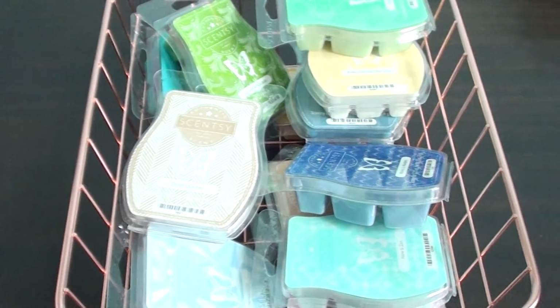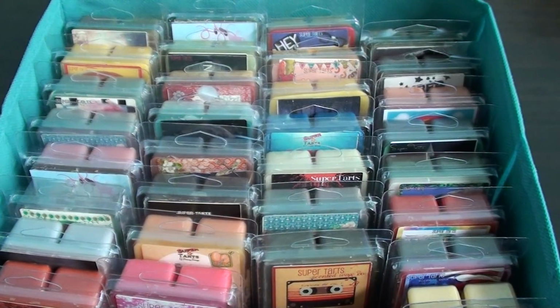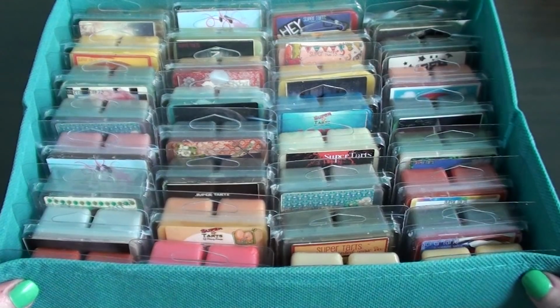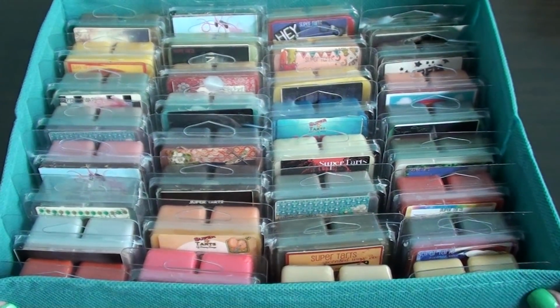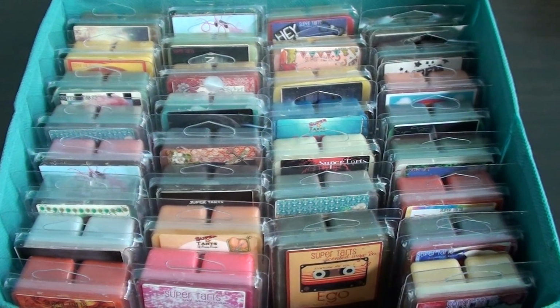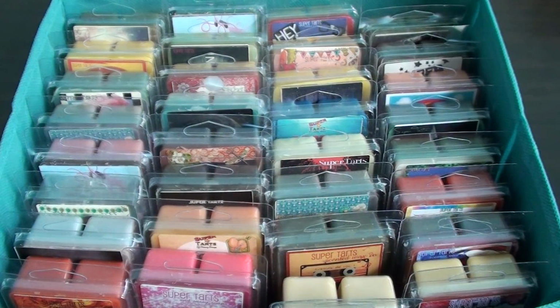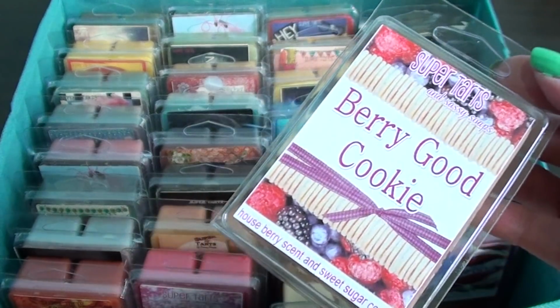Okay, anyway, so that is that. Let's move on. Okay, so that was my first shelf. This is the second shelf. So these are my Super Tarts clams. I do have more. This is just one bin of them. Like I said, I've warmed through a lot of Super Tarts clamshells, and I try to just keep the ones that I really like. I was for a while buying a bunch of Super Tarts, but I kind of chilled out. So I have Very Good Cookie,